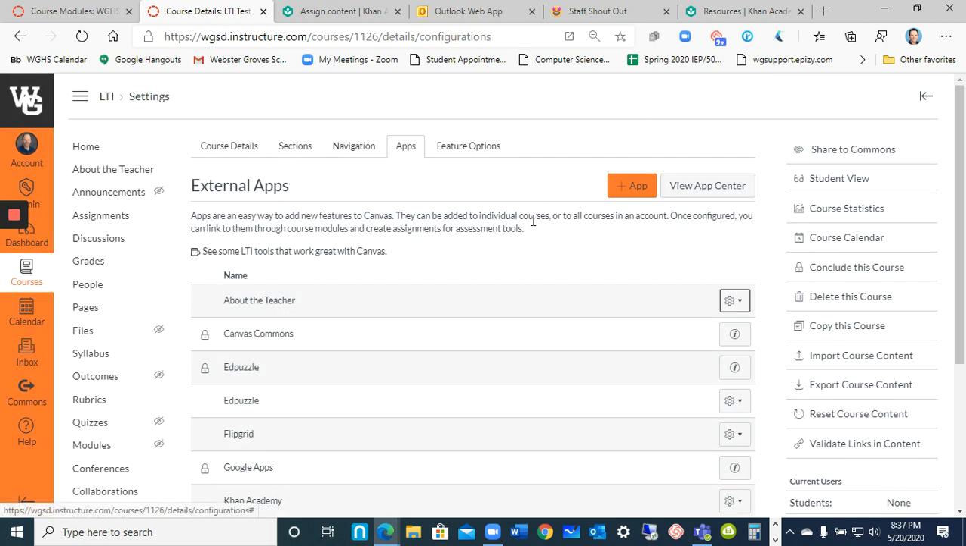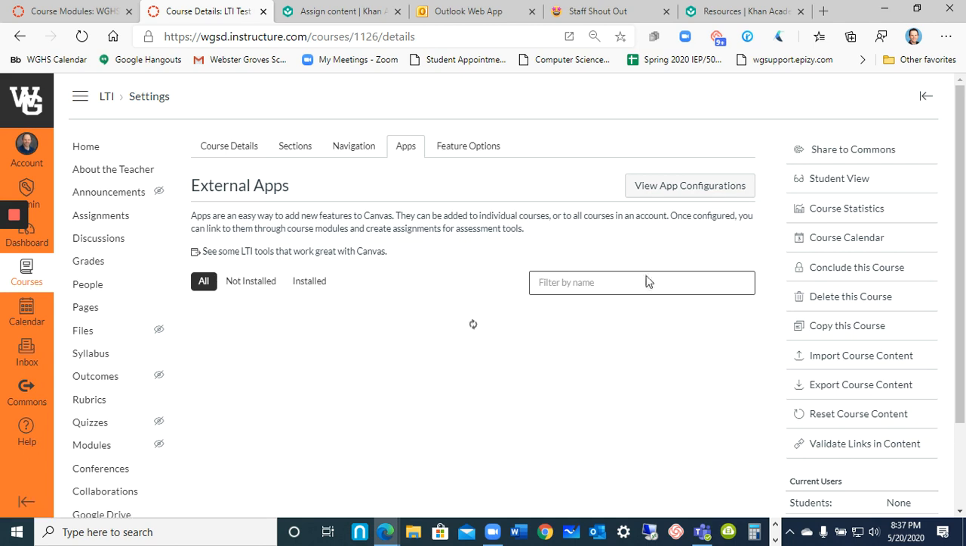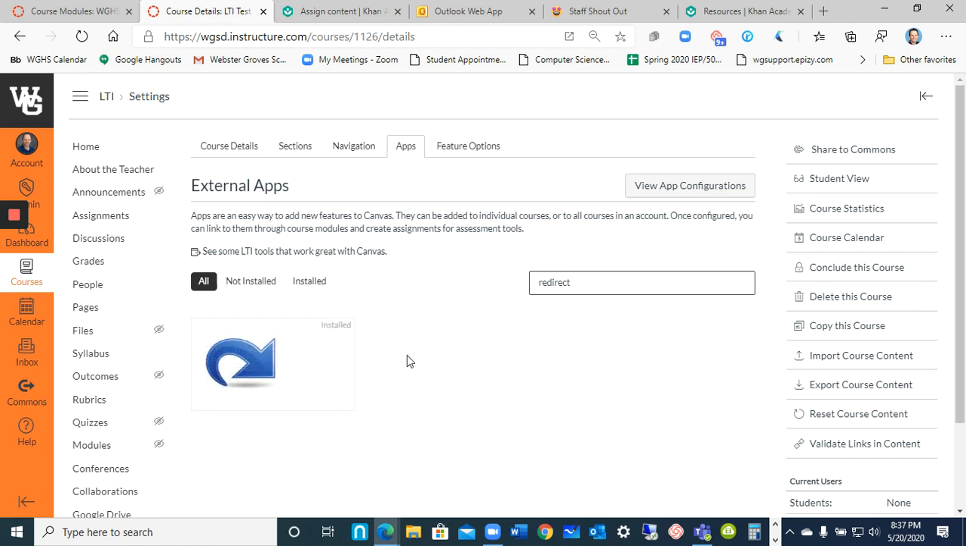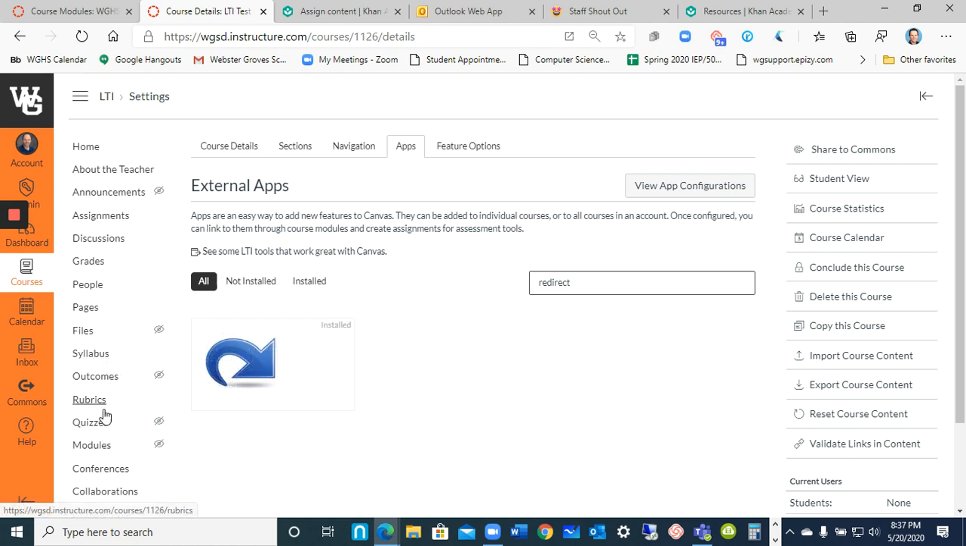Okay, let's add another one that maybe will go to, I don't know, the Khan Academy website. So I'm going to move back up here, go over to View App Center, and I'm going to look for redirect again. So redirect can be used an unlimited number of times. It's not like a traditional LTI tool where once installed, you're done with it. This you can use as many times as you want for as many links you want to add over here